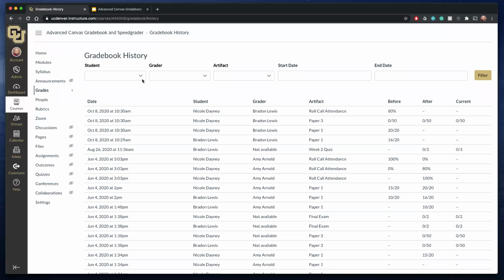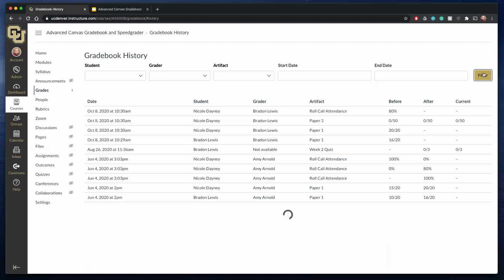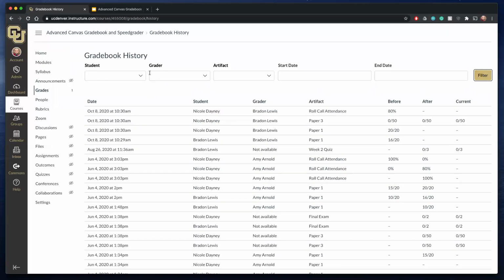And as you can see with these drop downs, I can actually go through here and filter by either a student's name or a different grader. So if you have different faculty or your TAs grading, I could filter all this information right here and it'll show me that, so I can see actively what is happening. So if I go over here and hit filter, it'll filter and show here are all the items that I have graded, and it looks like it just went ahead